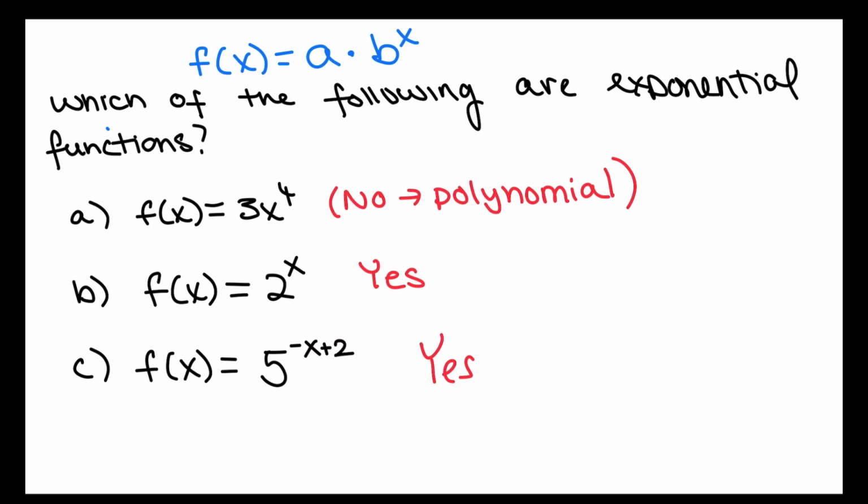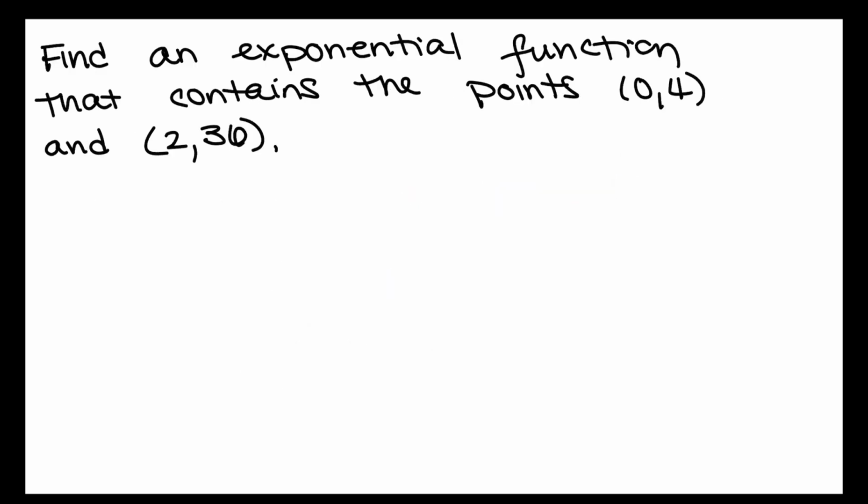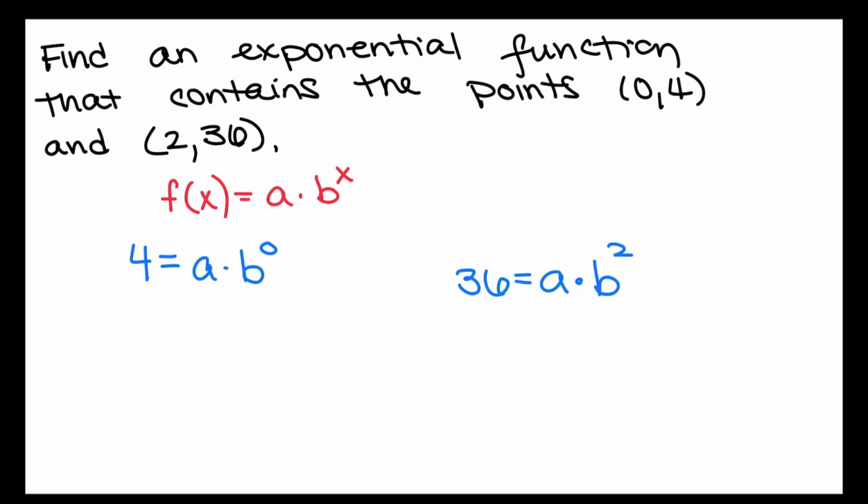All right, so let's practice writing exponential functions. Find an exponential function that contains the points (0, 4), so we actually know the y-intercept, and the point (2, 36). So we can start with the basic pattern. If we have an exponential function, it can be written of the form f of x equals a times b to the x. We know 2 points, and so we can actually plug these numbers into our function for x